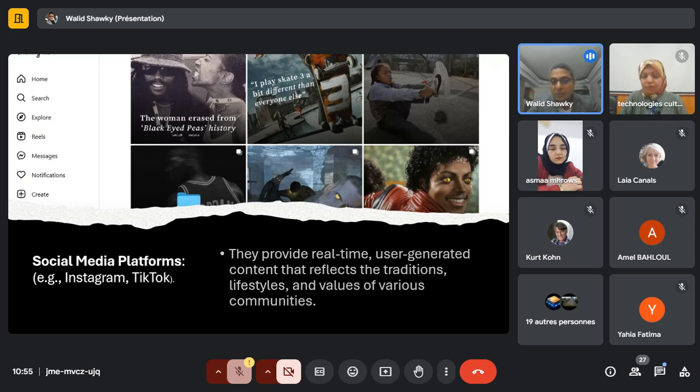The next is social media platforms. There are so many social media, and I think our students are more aware of this than us. They have more experience, as we call them, tech-savvy generation. So our students use social media most of the time, and they know how to navigate, how to find information better than we do.